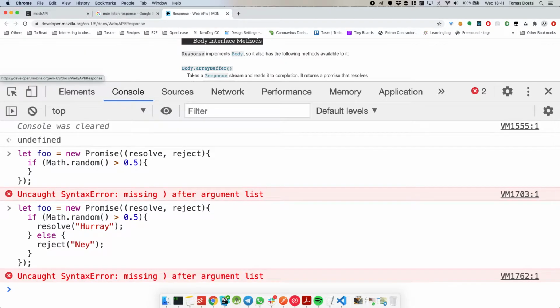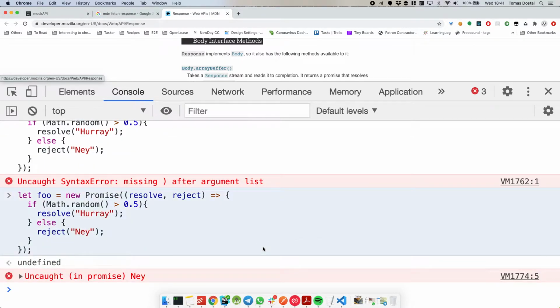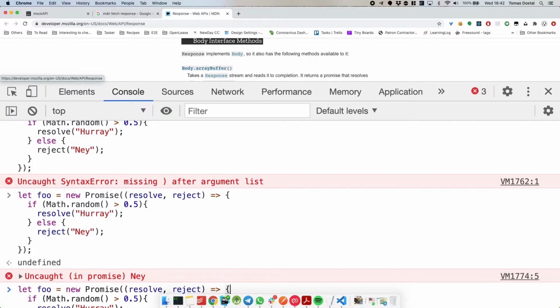Right, so this is my new promise. Actually, let me do it differently.